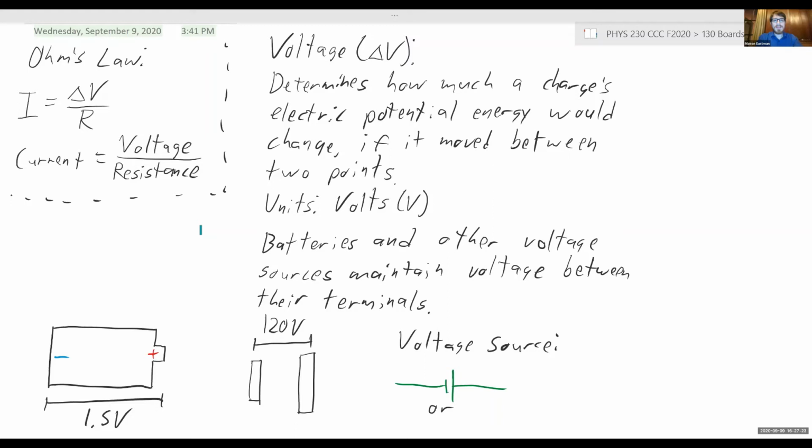Hi everyone. In this next lab, we're going to be dealing with very basic circuits. We're going to be testing an incredibly important equation in circuits, one of the most basic but most useful circuit equations, which is called Ohm's law. Ohm's law says that the current through any device is equal to the voltage across the device divided by the